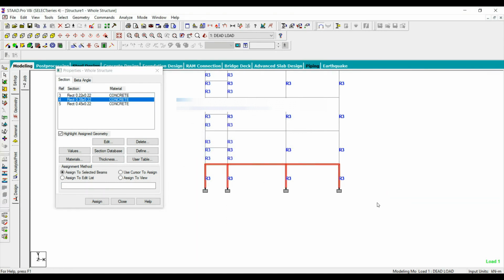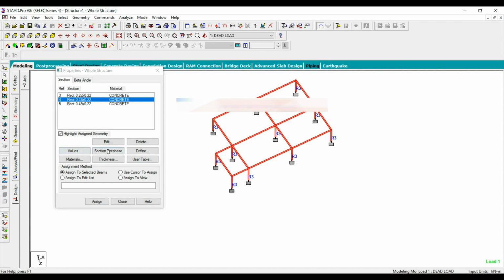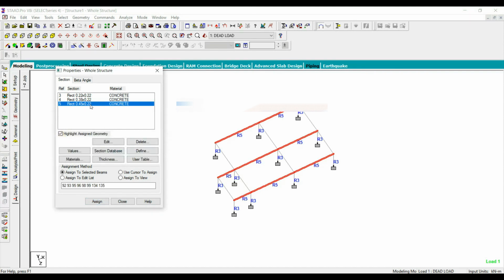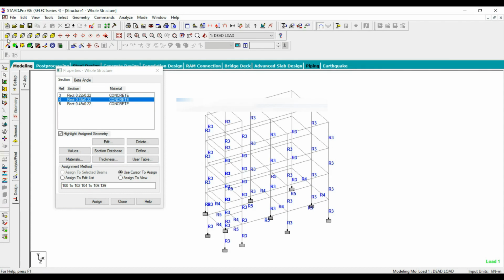So let's assign floor wise. First let's assign for plinth beam property. So here horizontal beams are 9-inch by 18-inch. Give assign, and then this vertical beams are 9-inch by 15-inch. This one as well. Assign. Next